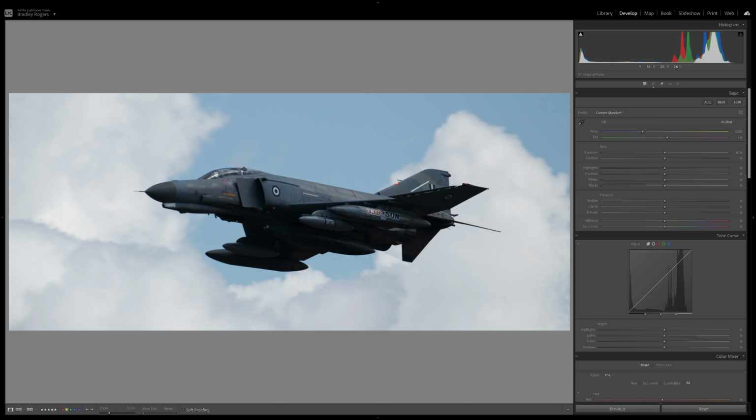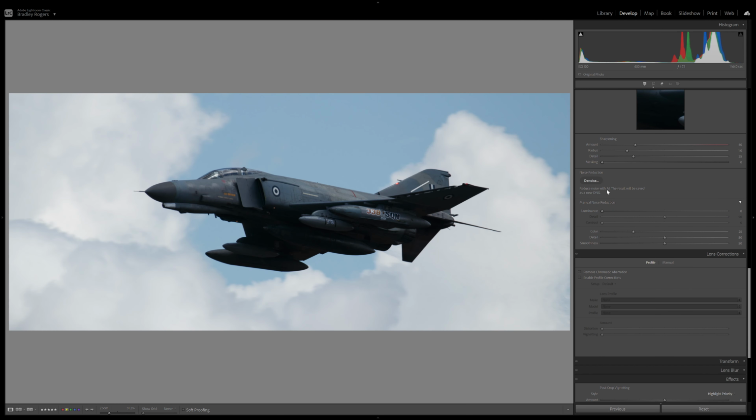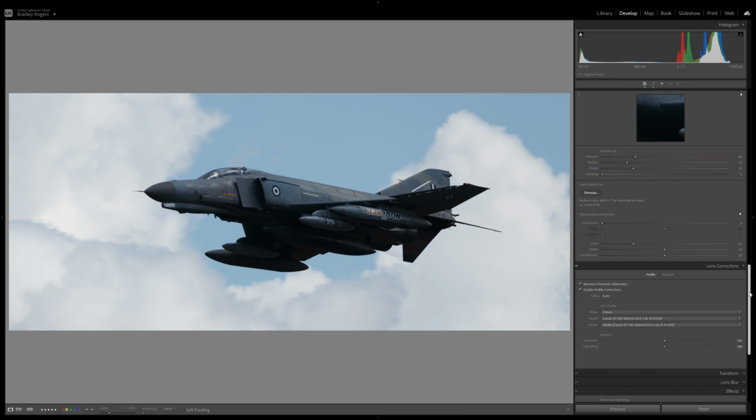So we're happy at that. Basically, I'll just show you how I approach an edit like this. I always start with more than likely composition, and anything that's wrong. So if we had any noticeable dust spots, any clutter that I want to remove, I'll probably do that first. Or if this was an incredibly noisy image, I would probably run it through Lightroom's denoise down here, so I'm working with a nice clean image to start with. In this case, I might just tick the lens corrections as well. Sometimes I'll just batch copy the auto settings across all my images,